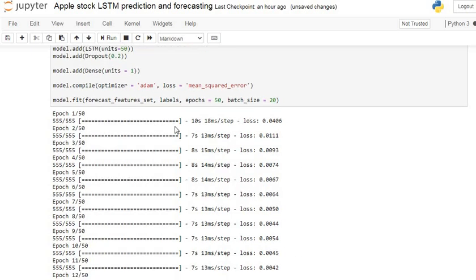Here we can see we have 50 epochs. Each epoch consists of some iterations. For example, if we have 2000 observations in training and we make a batch size of 500, then each epoch consists of 4 iterations, and each iteration consists of one batch. That is, each iteration passes 500 observations. If you have 2000 observations, then in one epoch there are 4 iterations of 500 batch size each.